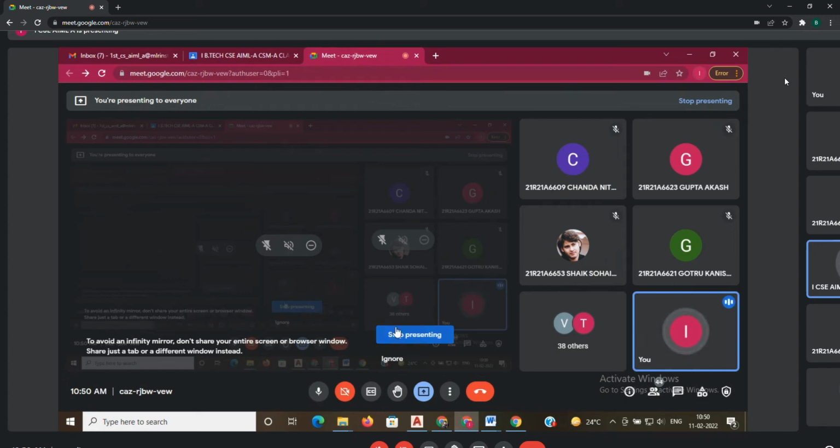42 students are present. I think this is the last class for this week, meaning the online class. Next week onwards, we will have the offline classes. Already, you know that from Monday onwards, you will be having mid exams. After completion of your mid exams, in our regular lab timetables, we will have the AutoCAD mid exam.